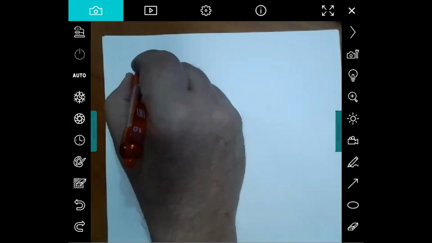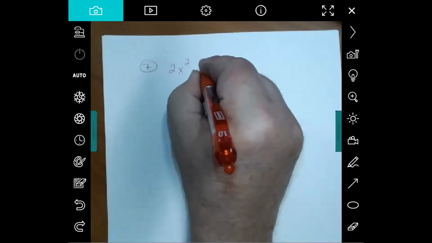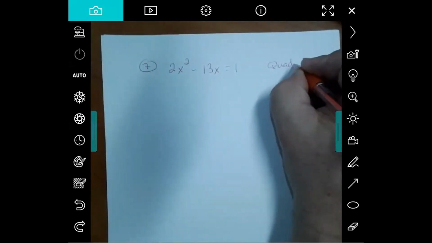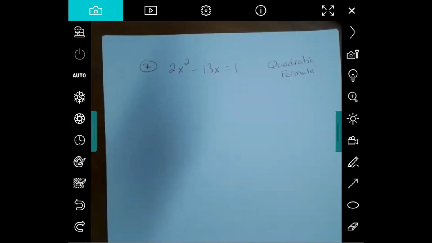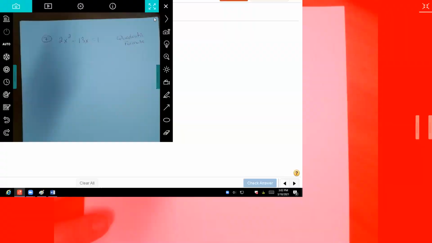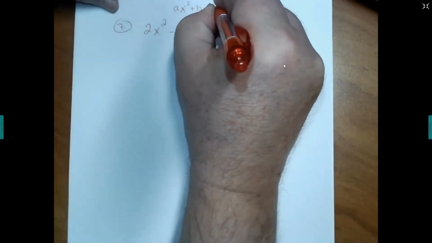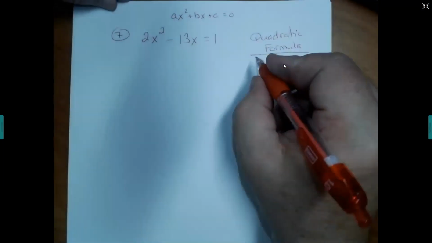Okay. Now this next one says we have 2x squared minus 13x equals 1. And this one simply says solve it using the quadratic formula. Remember, a quadratic equation has this form. So the quadratic formula